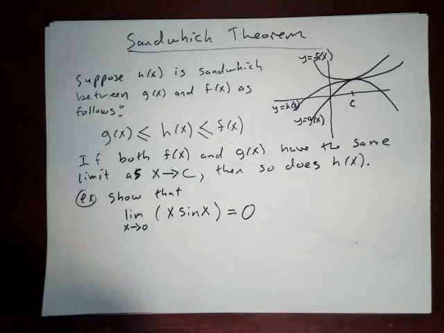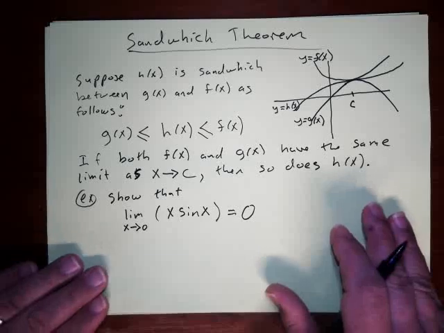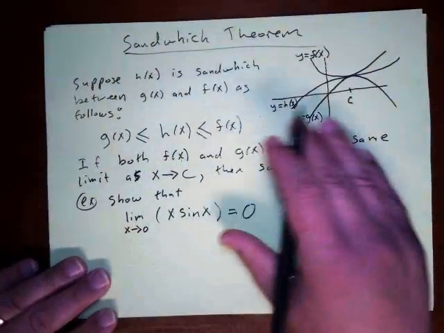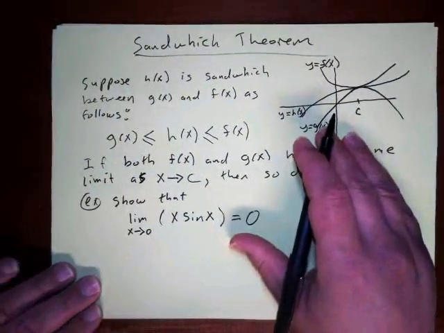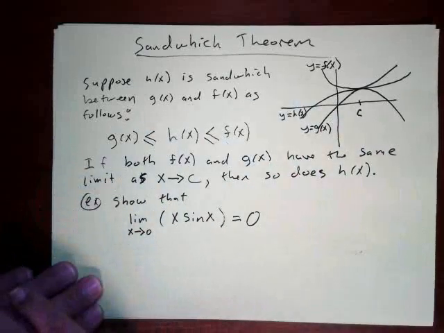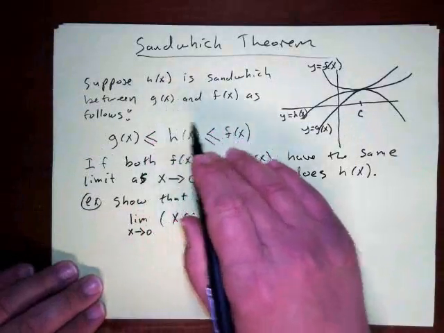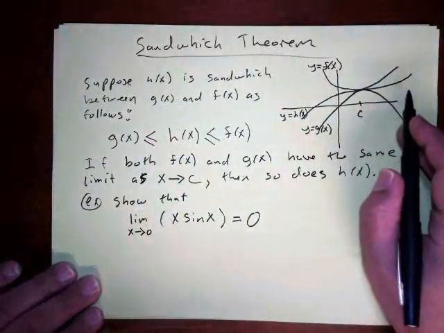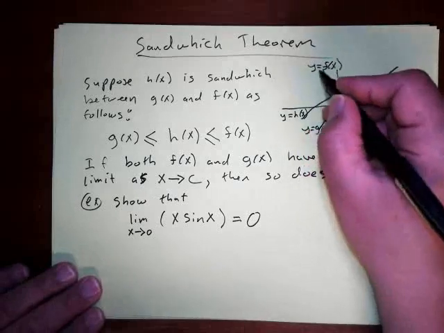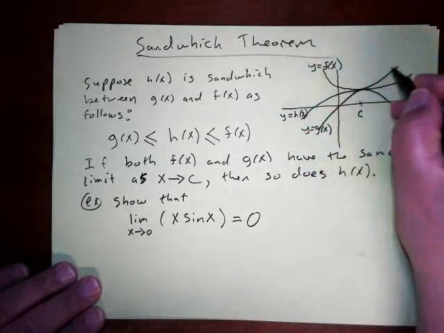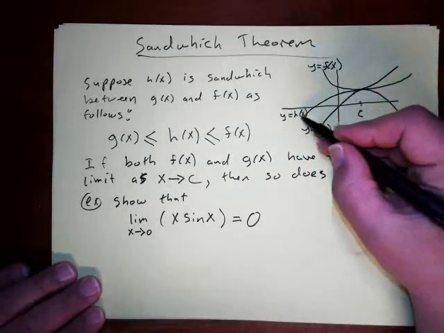We're going to look at another theorem that you can use to find limits. It's called the Sandwich Theorem, and the idea behind this theorem is very intuitive. We're going to suppose that you have one function sandwiched between two other functions. So here I've got f of x and g of x, and then h of x